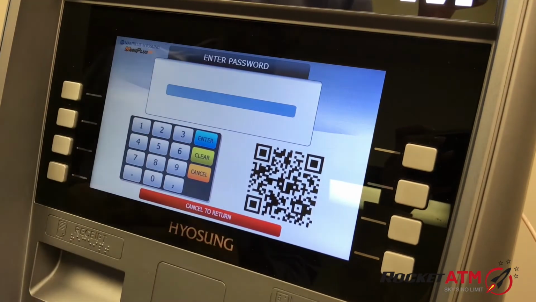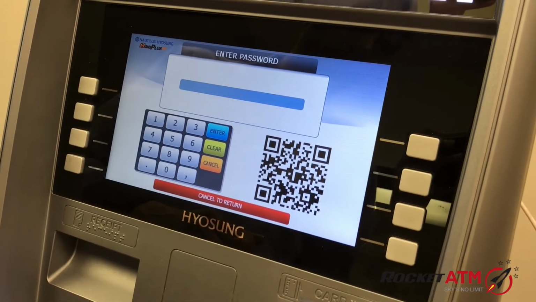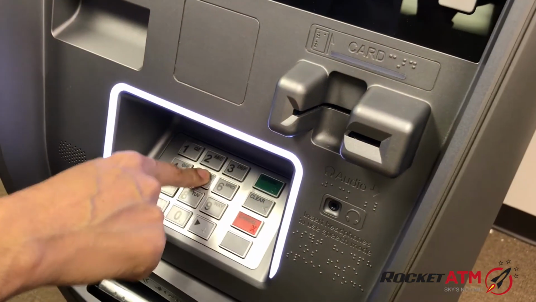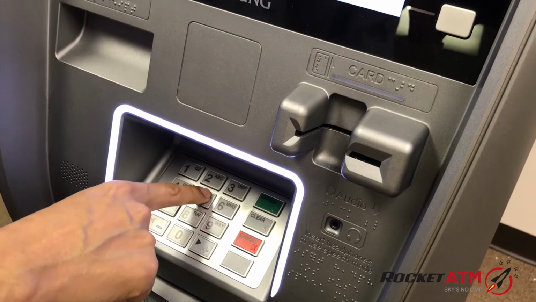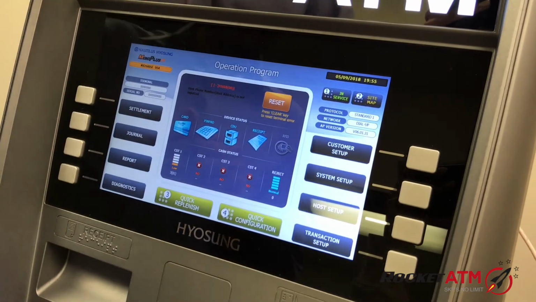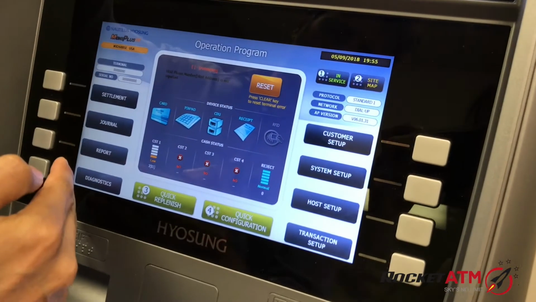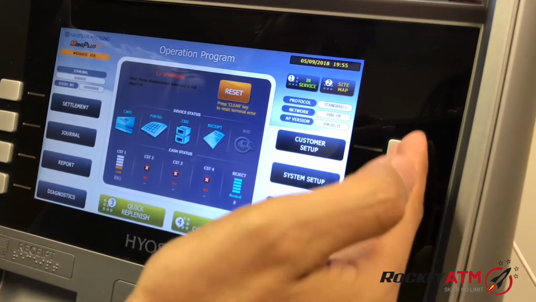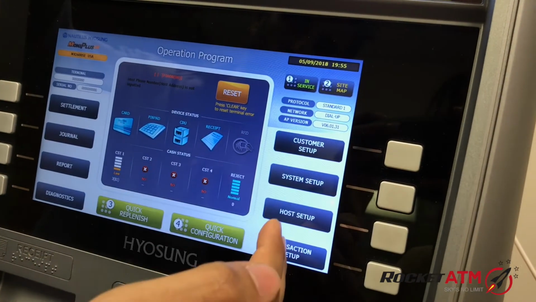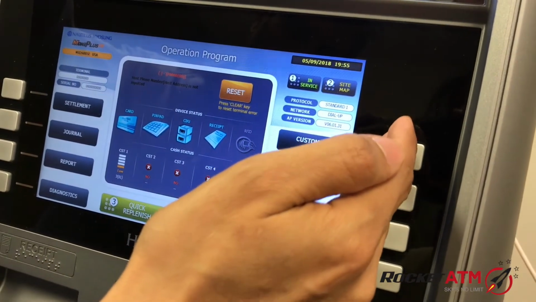It's going to ask for a password. The default password that'll allow us to get into the menu is 555555. And we're in. So from this menu, as you can see, there are several different sub-menus that we can enter into. The majority of the programming that we're going to do is going to be on the right-hand side,